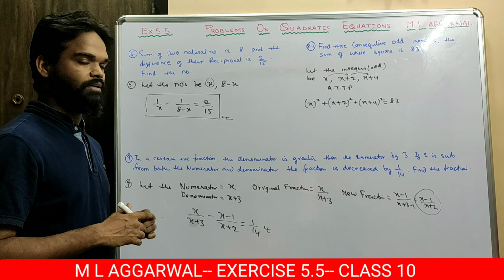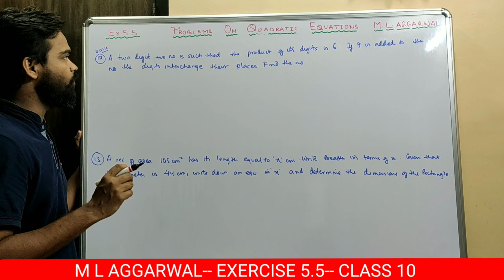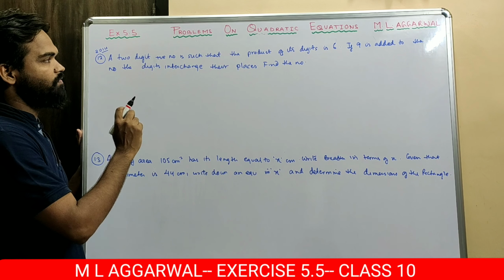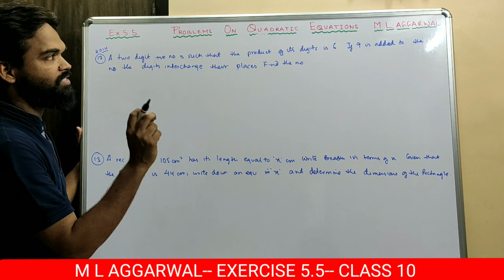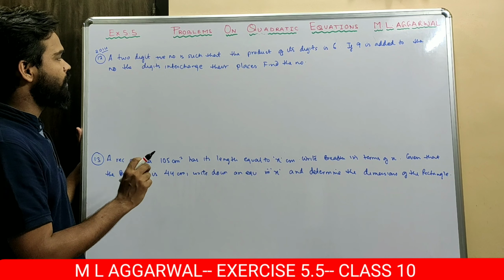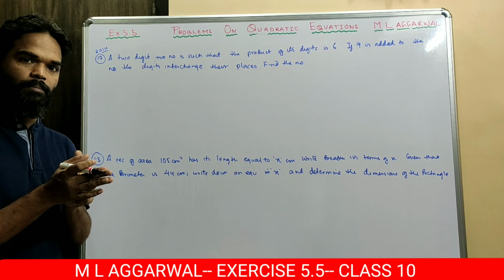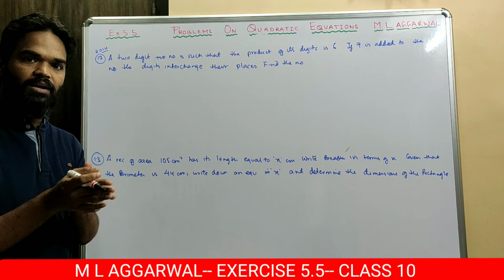Now let's look at the next sum. Now look at sum number 12. It came in ICSE 2014. A 2-digit positive number says that the product of its digits is 6. And if 9 is added to the number, the digits interchange their places. Find the number. Now in a 2-digit number, you have a digit at 1's place and you have a digit